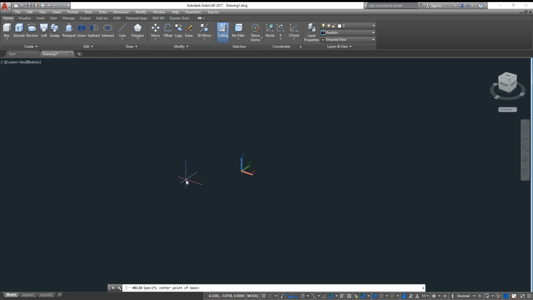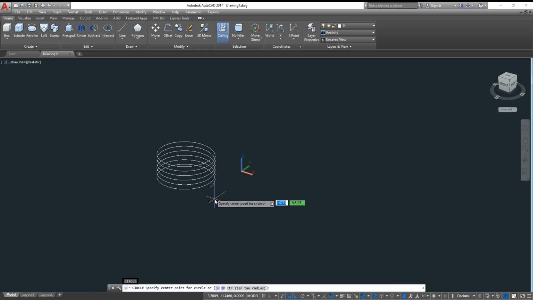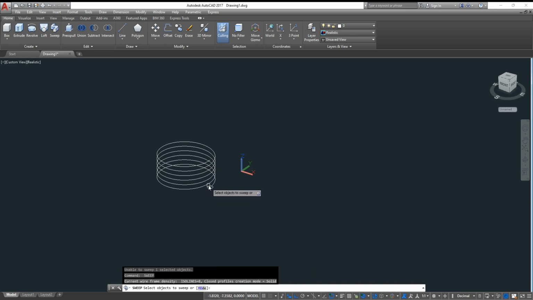That is a coil, for example, and then let's have a top radius of 5, enter, and then a base radius of the same value, 5. Then let's have a circle on the ending point of our helix. So let's have point 5 and then go to Sweep, wherein we can select the object to sweep, which is the circle, enter, and the alignment is the helix. And then we can use this as our object to sweep.